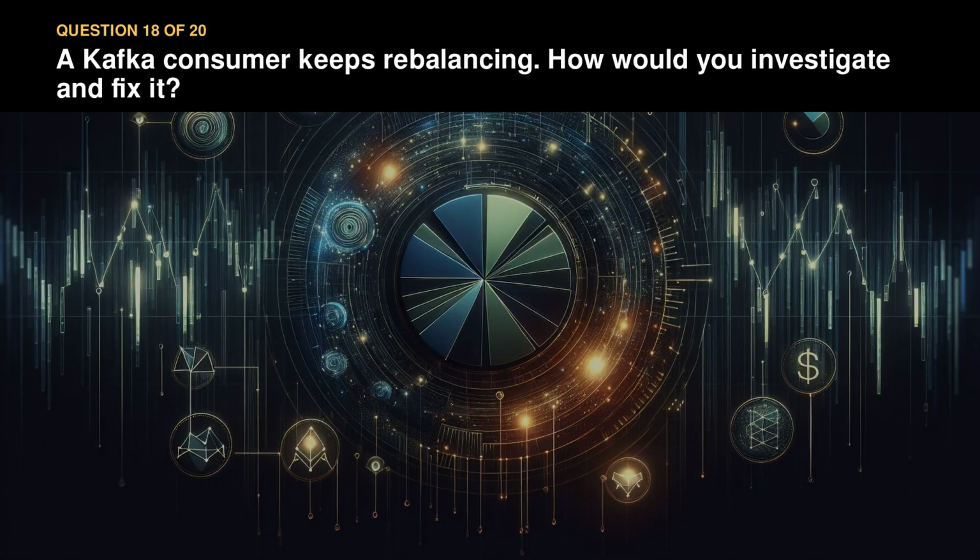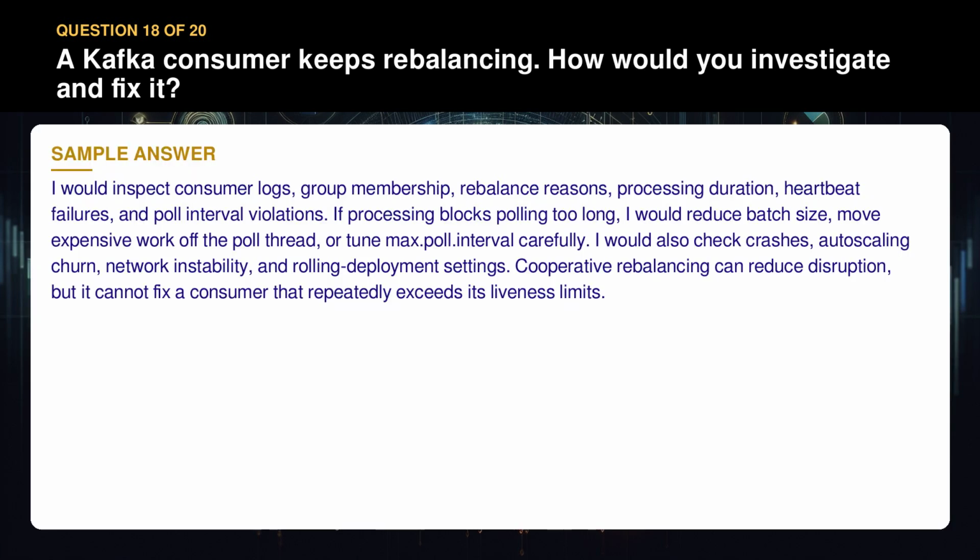Question 18. A Kafka consumer keeps rebalancing. How would you investigate and fix it? I would inspect consumer logs, group membership, rebalance reasons, processing duration, heartbeat failures, and poll interval violations. If processing blocks polling too long, I would reduce batch size, move expensive work off the poll thread, or tune